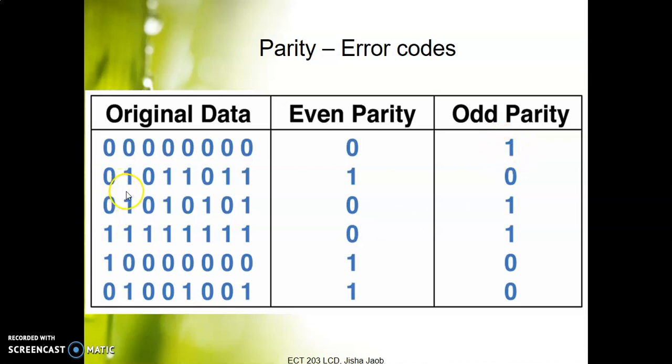In the second data that you see here, when you count the number of ones, you see 1, 2, 3, 4, and 5. So if you're using an even parity system, the parity bit that you insert turns out to be a 1 in order to keep the number of ones even. 5 plus 1 is 6. And for odd parity, to keep it at an odd number, the odd parity bit turns out to be a 0. So in this manner, we can insert or determine the even parity bit or odd parity bit along with the original data.